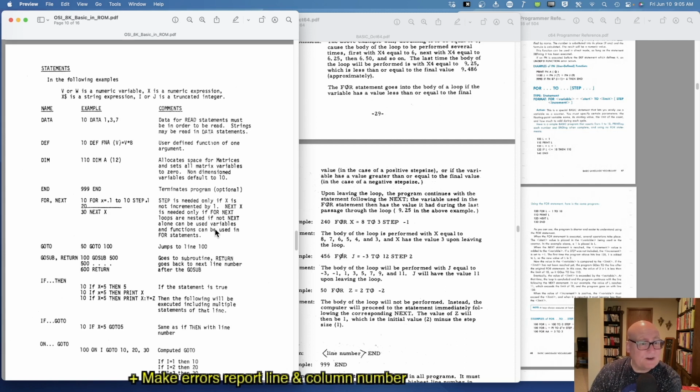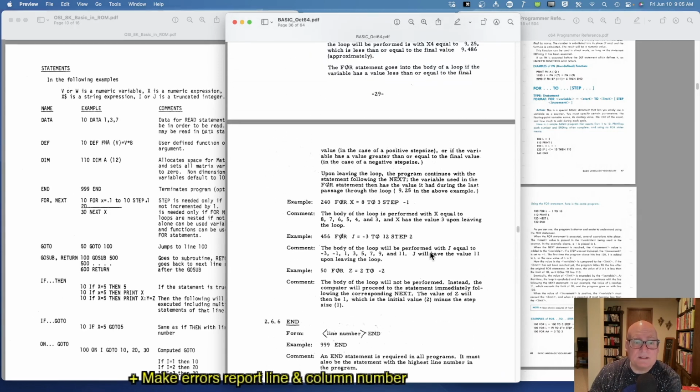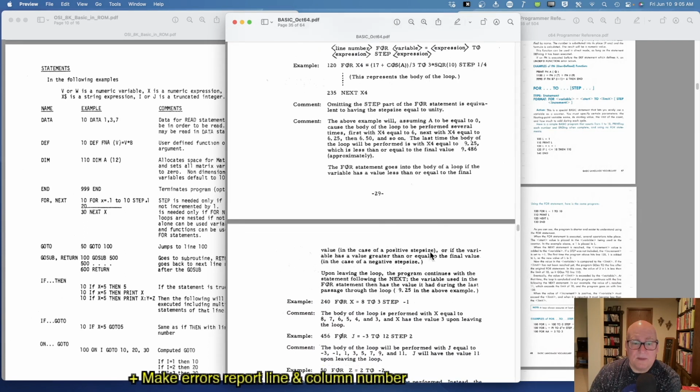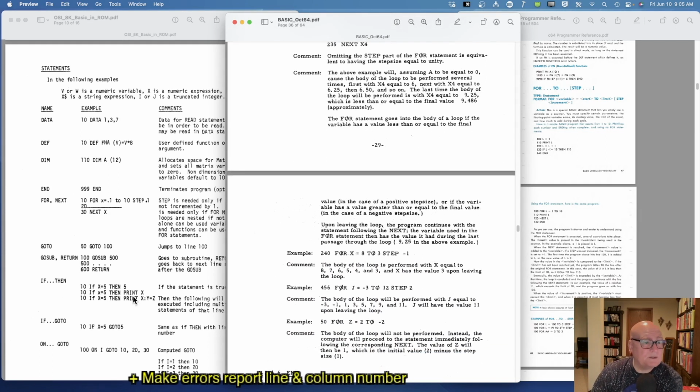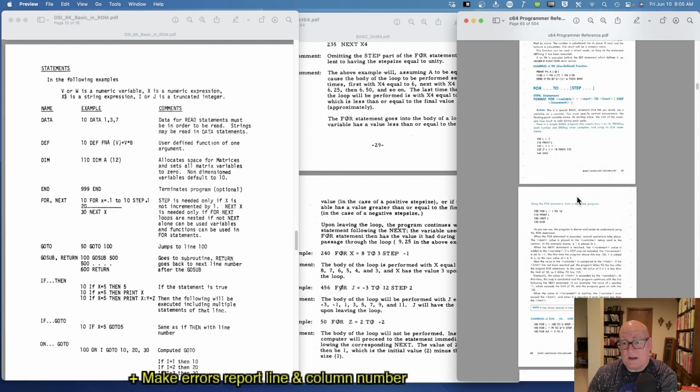Period, capital V. Variables and functions can be used in for statements. Okay. Yeah, not great writing, I guess, or editing or something. I think the thing there is though that they're saying you could just say next instead of next X. They didn't give us that option up here. Let's see. I don't know. We didn't find the next statement, did we? For and next. Well, they don't say anything about the variable being optional, and you actually kind of need it in some sense. But okay, and then let's go see Commodore 64 or